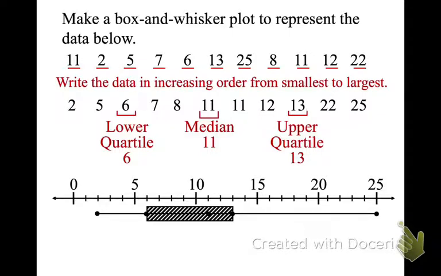I want my kids to know more of the information that's on this test. So again, these are their scores on a quiz, and they don't really seem to be passing. That tells me I need to do some reteaching. So my minimum, my lower quartile, my median. The median's not in the middle of the box. It's the middle number of the data. My upper quartile and my maximum, the five-number